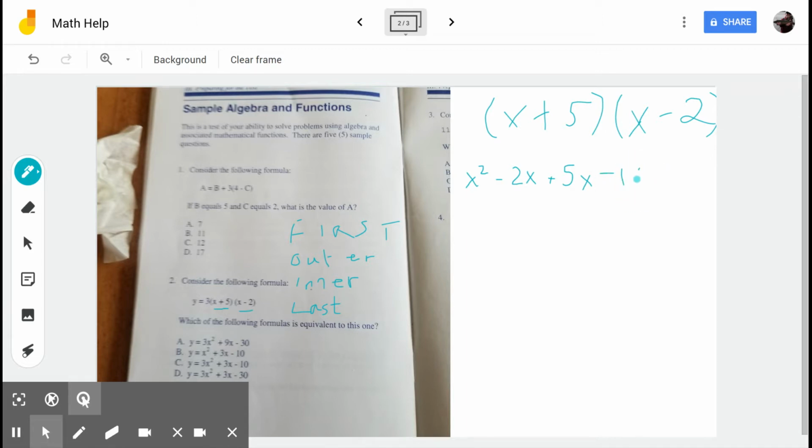And now, before we multiply by 3, I have like terms. Like terms are the same variable and the same exponent. In this case, the only like terms we have are the minus 2x and the plus 5x. If we have 5 of something and we take away 2, we end up with 3. So we have x squared plus 3x. This pen's a little wonky, sorry. x squared plus 3x